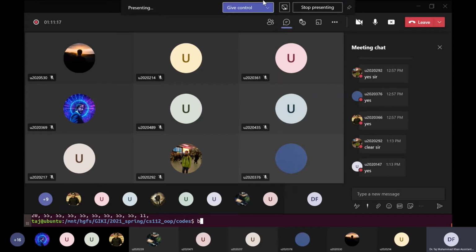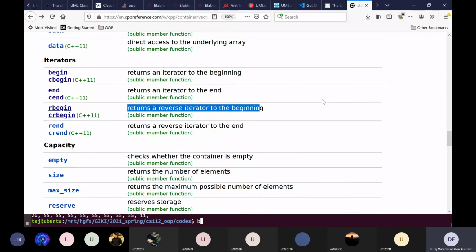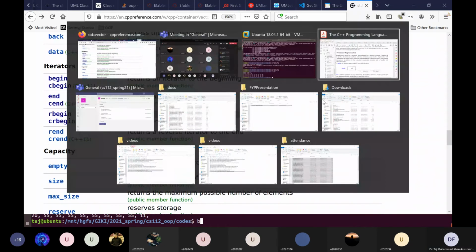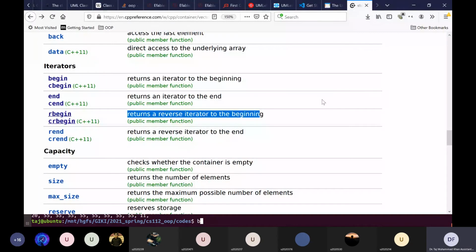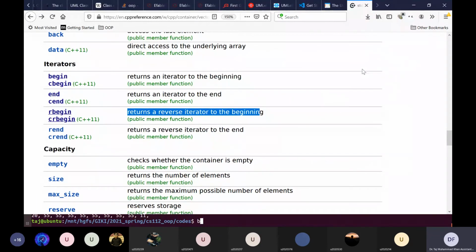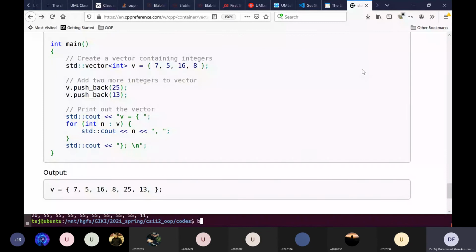Okay, so what else can we see here? Time. Okay, so we are almost at time. So what I can do is introduce another small but important concept.